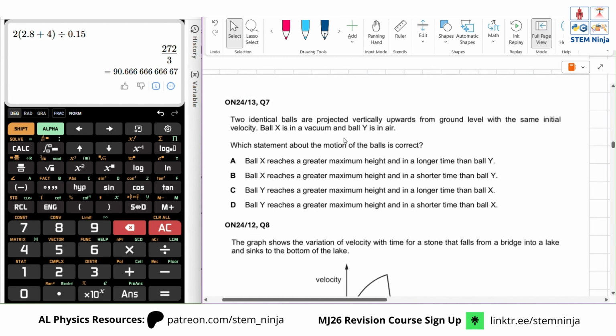Right, two identical balls are projected vertically upwards from the ground level with the same velocity. Okay, same initial velocity, right? Ball X is in a vacuum and ball Y is in the air. Which statement about the motion of the balls is correct? All right. So first off, we need to see how the motion looks. So without air, the velocity time graph